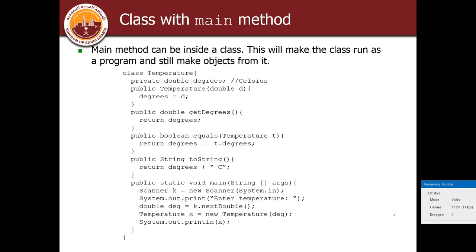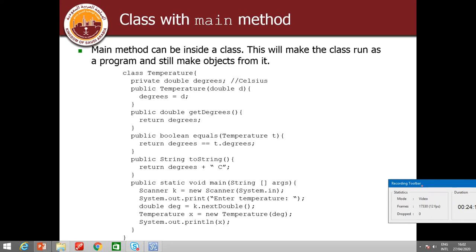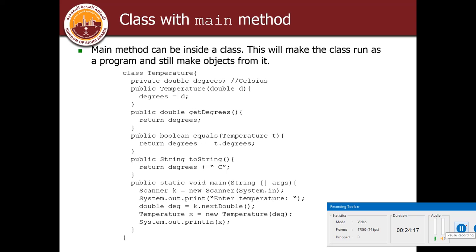The main method can be inside a class, and this will make the class run. As we know, our program must have the main method, which is always declared as static, and there is no need to make an object of this class. So now we have seen the rules and their purpose, but they can have restrictions also. The main restrictions are: static methods can call only static methods, they cannot call non-static methods; they can access only static data, they cannot access instance data; and they cannot refer to this or super in any way. So these are some of the restrictions on static variables and static methods.